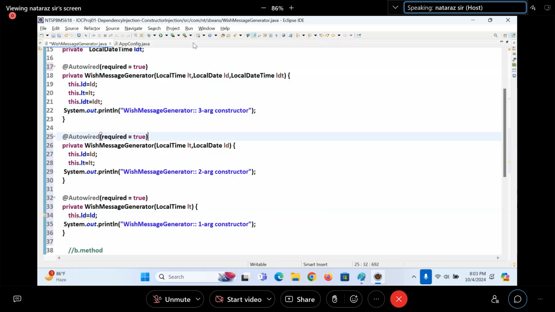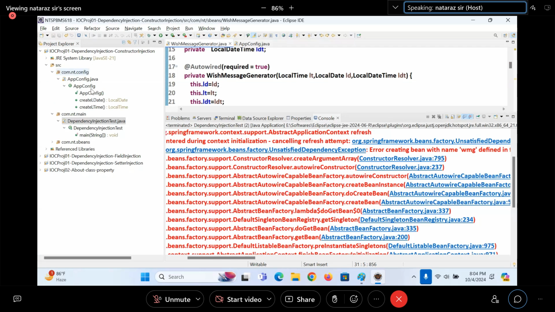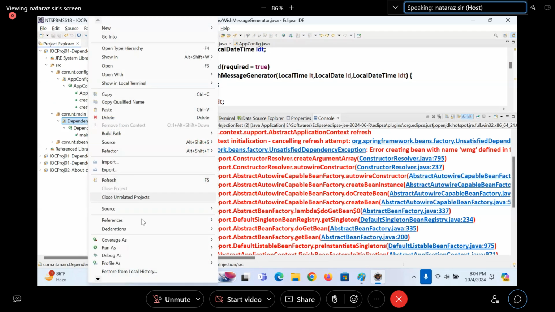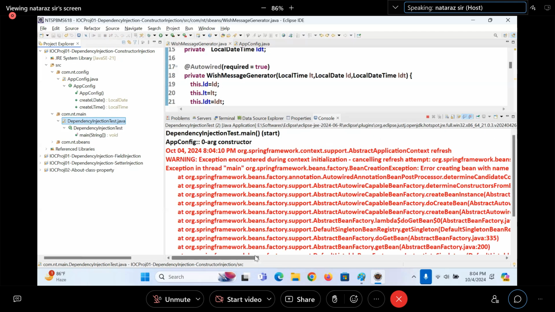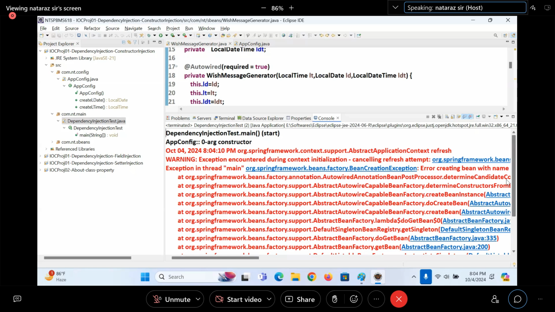Required true, required true, required true. All three places required true. That means all of them say use me and create the object. At a time the IOC container needs how many constructors for creating an object? Only one. So it will be in an ambiguity state. That's why you will get an error. Dependency injection test, run as Java application. Still we are getting an exception. Okay, guys, see what it is saying.